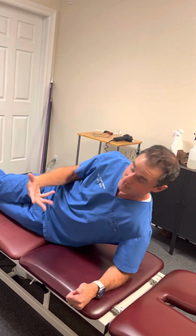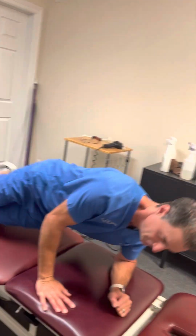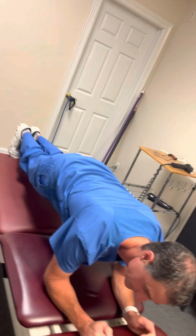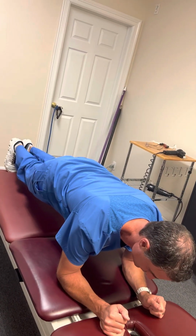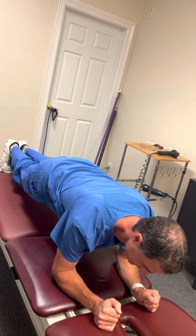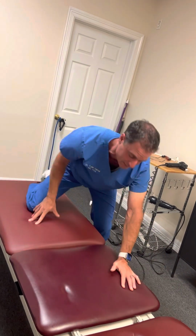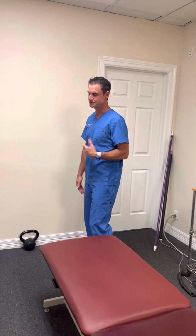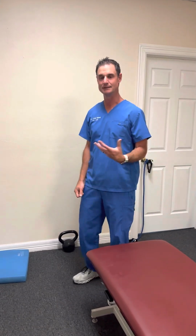You might be shaking a little bit, which is okay. We can do front plank this way. When we're going to come up, just make sure your pelvis is kind of tilted backwards this way. So we want to keep flat. Same thing, 30 seconds, 45 seconds. Those three things will help fix anterior pelvic tilt, which lots of people might think, well, I don't know if I have that or if it's a big deal,